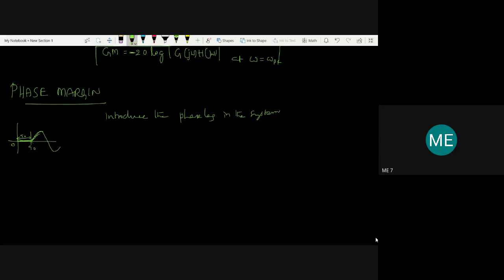Negative angles, without affecting the magnitude plot, that is negative angles, we are going to introduce, that is minus 90 degrees, minus 90 degrees, like that, without affecting the magnitude plot of G(jω)H(jω). So here, this amount of additional phase lag can be introduced